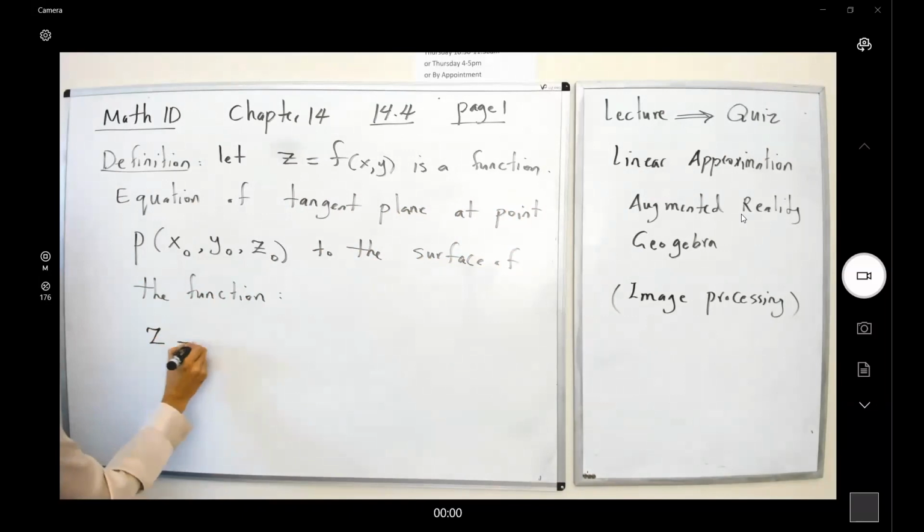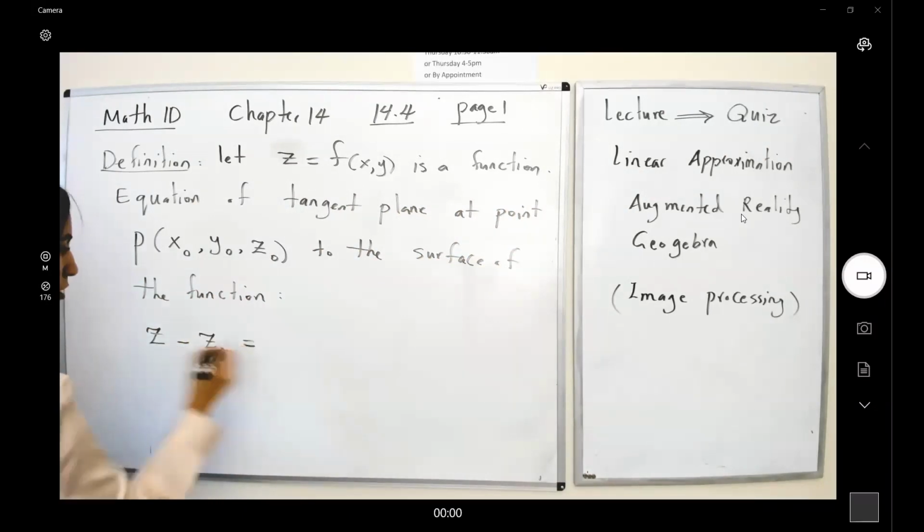So here you have z minus z sub 0 equals to